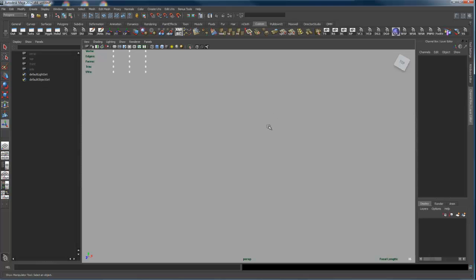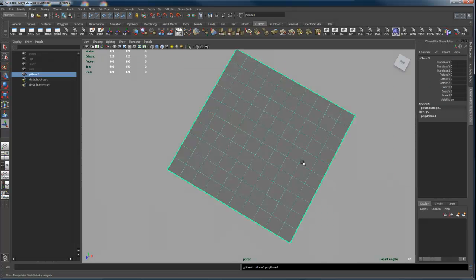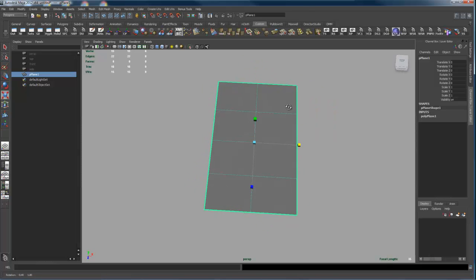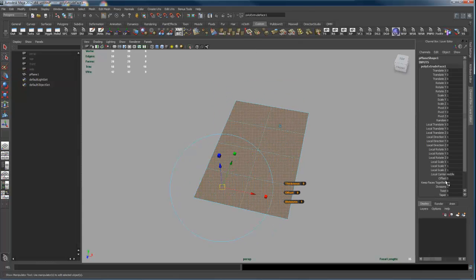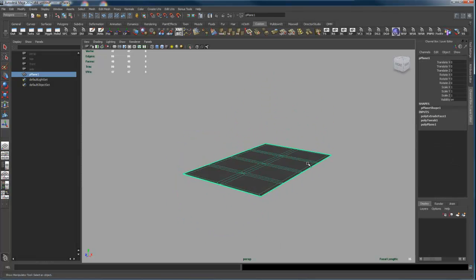But just to quickly demonstrate, if I go and create a polygon plane, I'm going to create a very simplified version of your window frame there, which was what, 2 by 4, and then do this, and then do an extrude on that and keep faces together off. Okay, that's sort of the window shape you had there, and if I take this thing and give it some